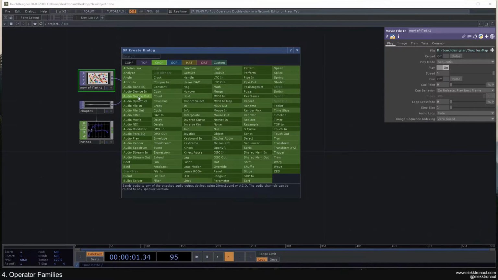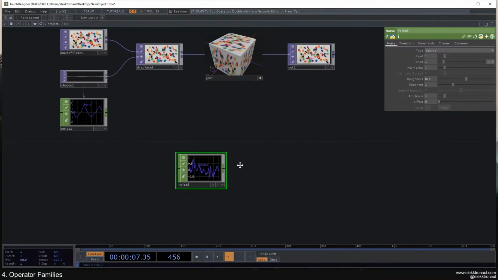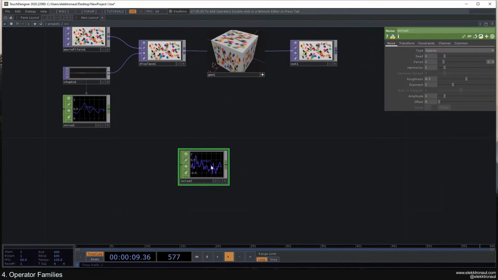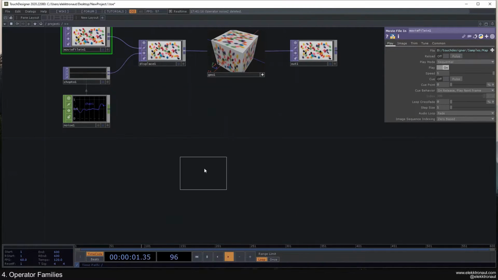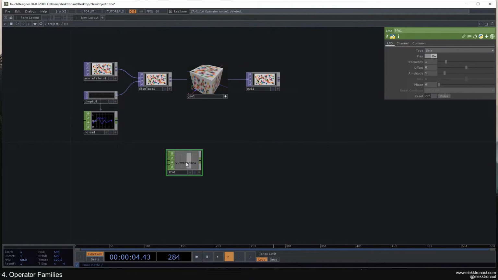So CHOPs are dealing with audio channels. You have things like creating a random number with noise, for example. So this is a channel, using an algorithm to create that. You have things like an LFO that's just based on a sine wave,